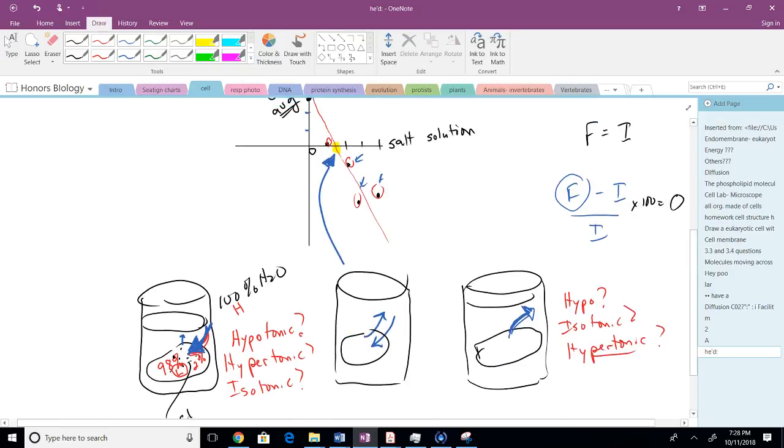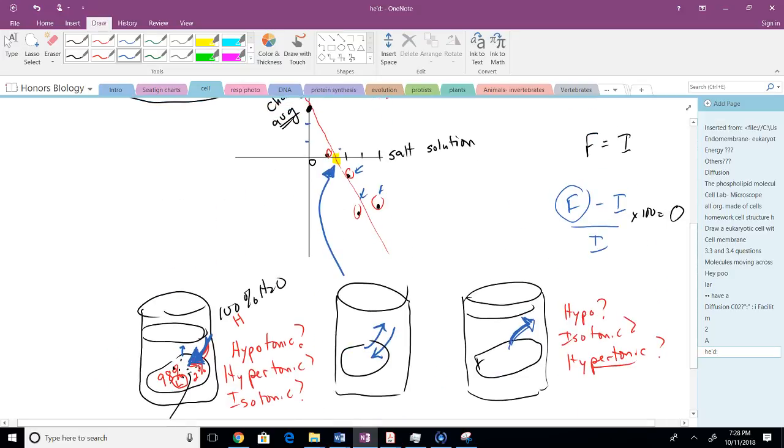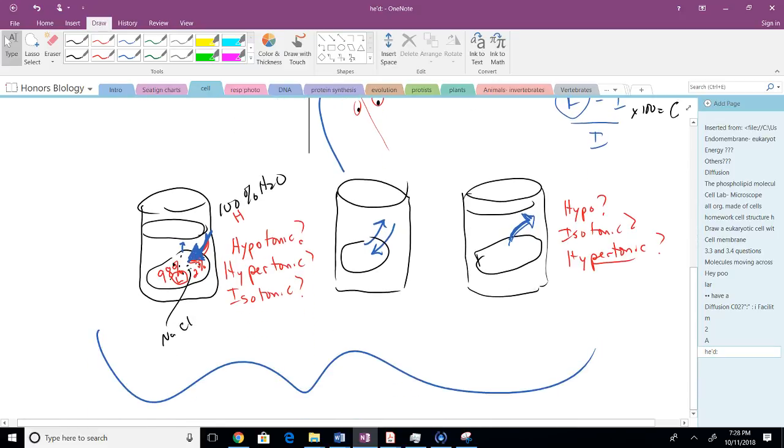And then I'd like you to try to figure out where does it cross the x-axis? So let's go ahead and finish this up. And like I said, if this is still confusing, please jot down,